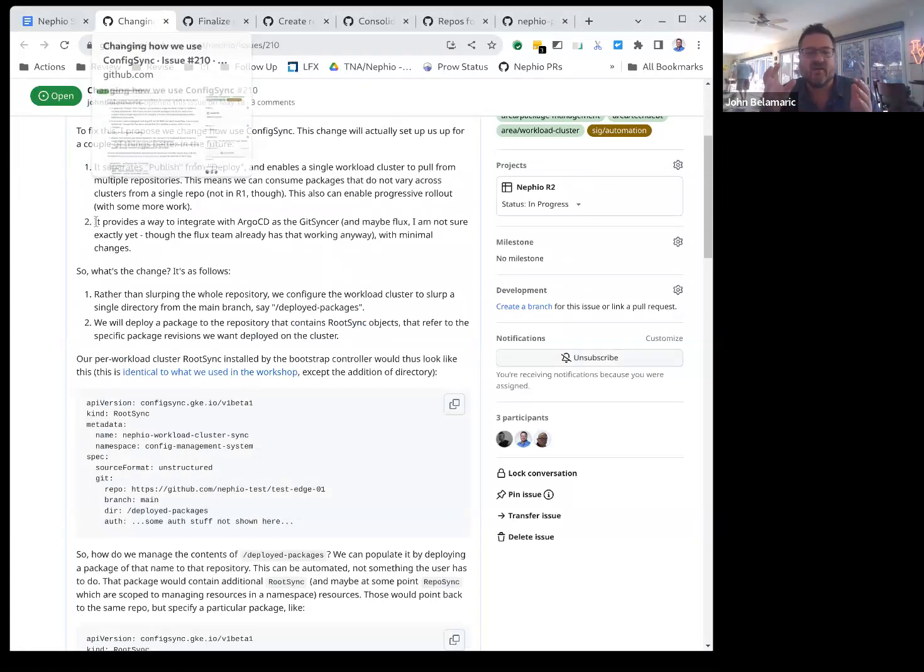Now that works, but it's not how config sync is typically used, and it leaves some useful functionality on the table. It also doesn't set us up well for using something like Argo, although maybe you could use Argo with it too. I don't know. But one of the biggest consequences is that deletes don't seem to work that well. So when we delete something,